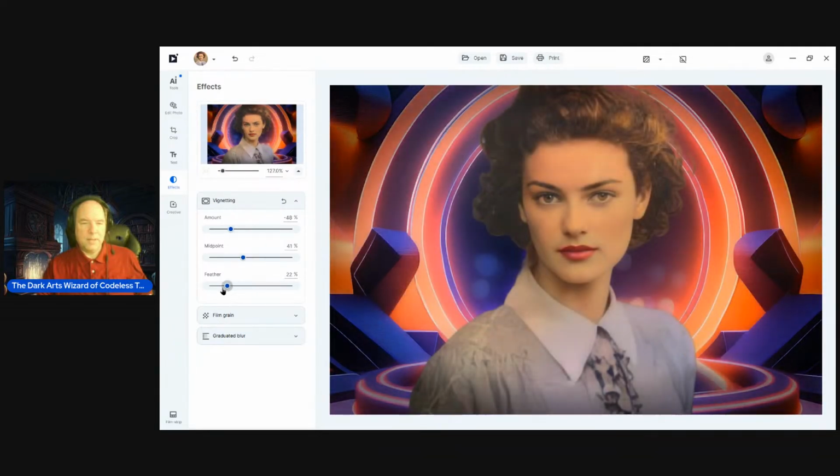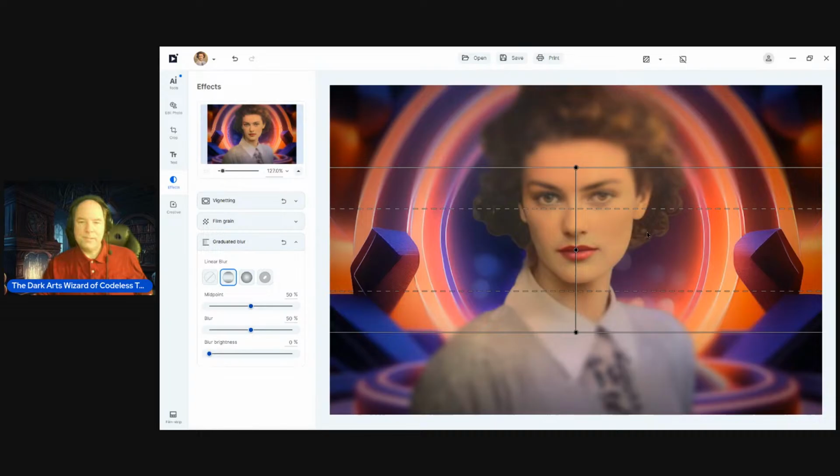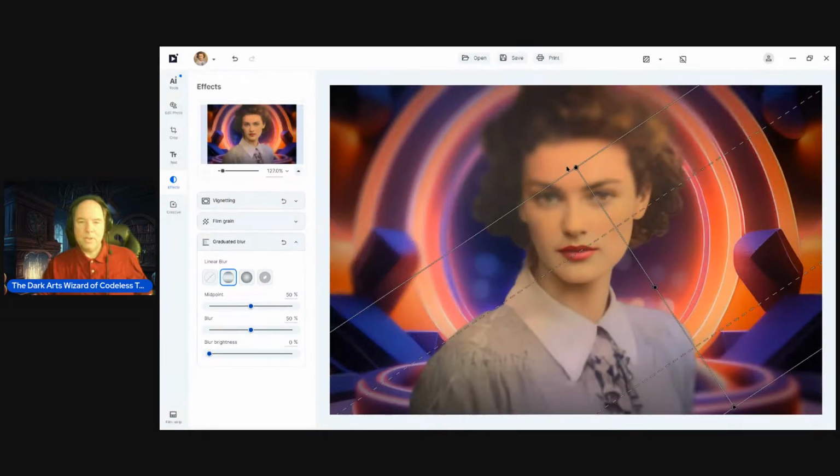And our feathering. Ooh, yeah, looks nice. All right, we have a film grain. We're going to edit a film grain. Oh no, we're not doing that. Sorry. Graduated background. We can adjust how much is blurry and what's in focus, so we can actually blur the